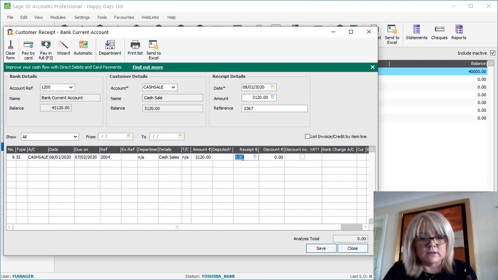And I just pop down to the receipt screen here and pop in the amount, or there's a pay in full option, so it detects the sale and I can just pay that in full or just type it in. There was no discount or anything on this, so you click save on that, and just always check the dates before you click save on any of the screens. And actually that was the 8th of the 1st, so I'm going to make sure I save it at that and click save